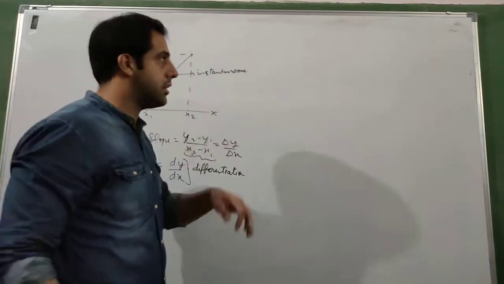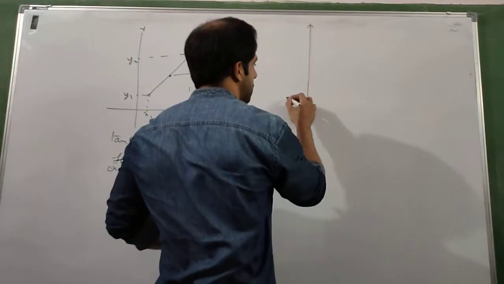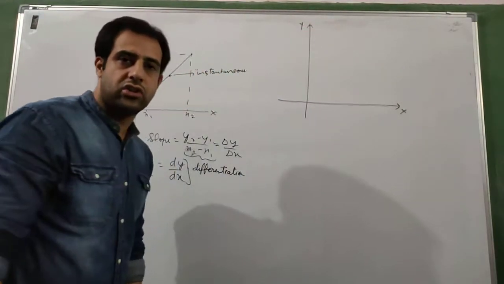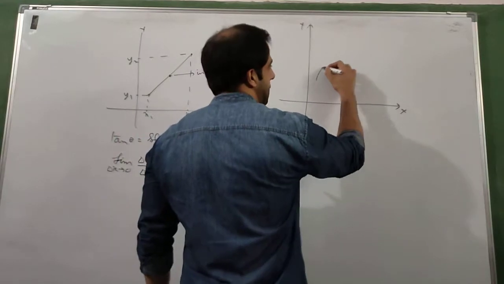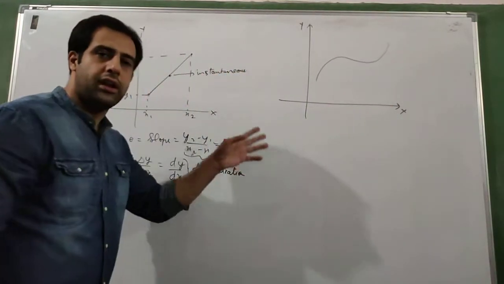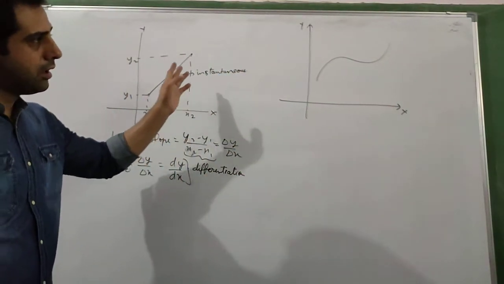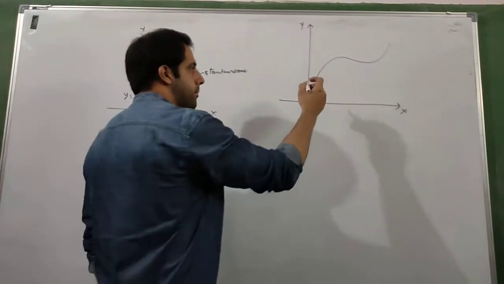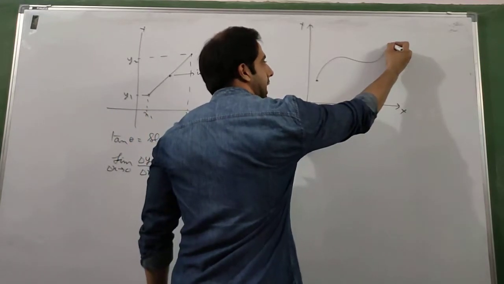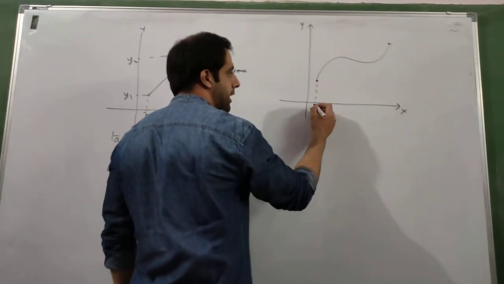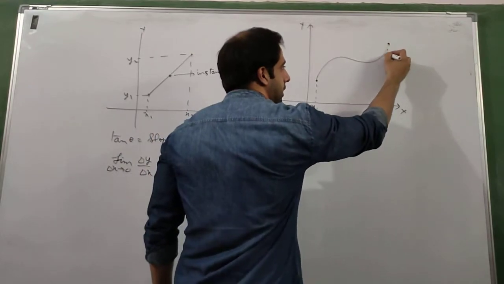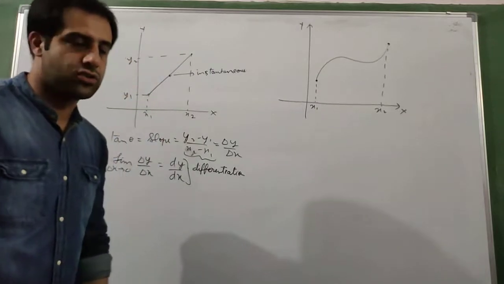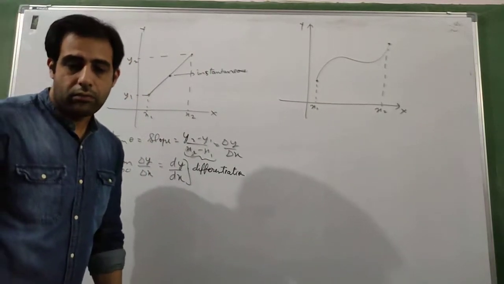Now let us come to integration. Suppose in integration we have this same xy axis and we are given a function whose graph is something like this. We do not need to take a straight line graph all the time; differentiation and integration work on everything. There is a starting point and an ending point. Let us say the x coordinate of the starting point is x1 and the x coordinate of the final point is x2.